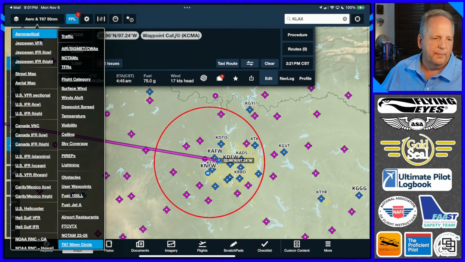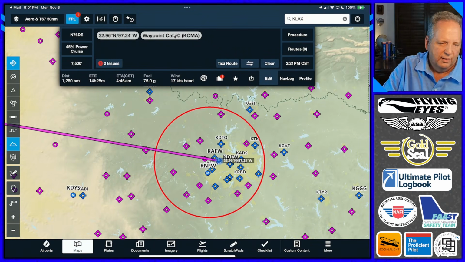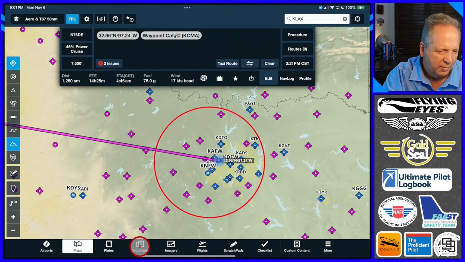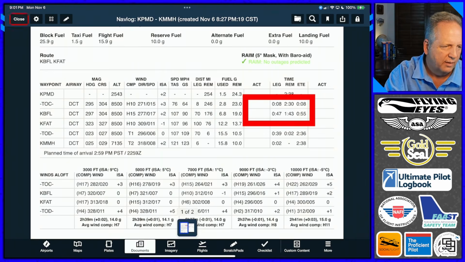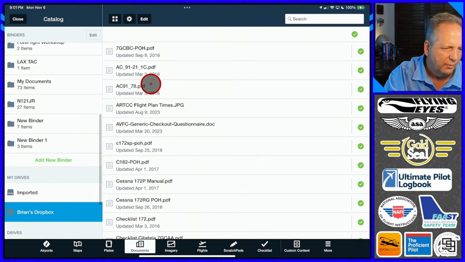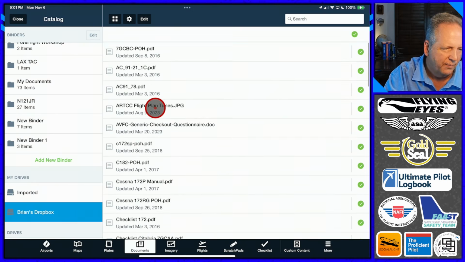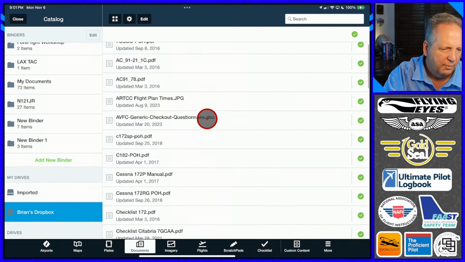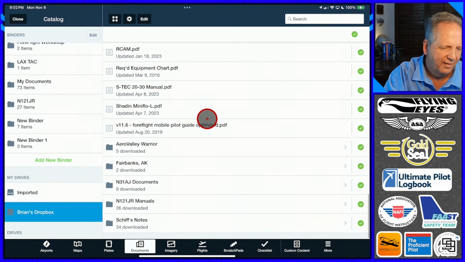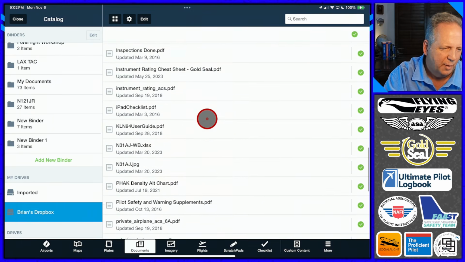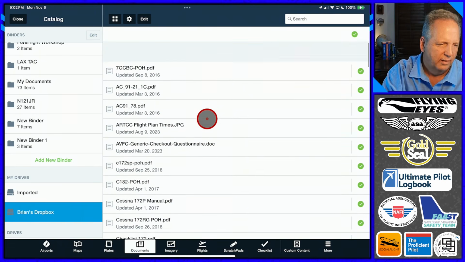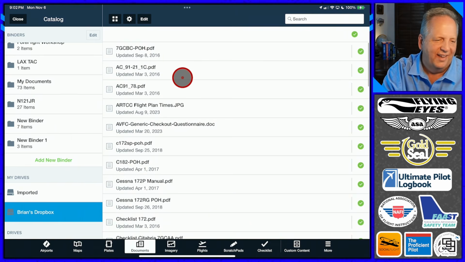Go to my iPad. It is in, whoops. We'll go to Documents. We'll close out of this navigation log. We'll go to Brian's Dropbox, and we should see ABC. If I update it here, it takes a few minutes sometimes to show up there. Yeah, maybe it's got to go all the way to the interweb and back. It's got to go through the whole internet.